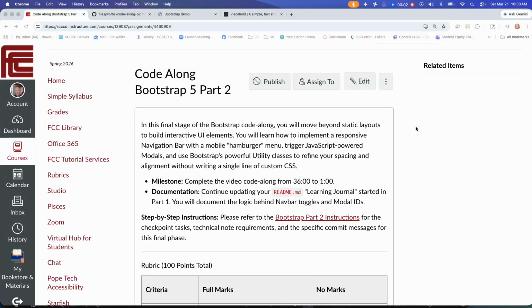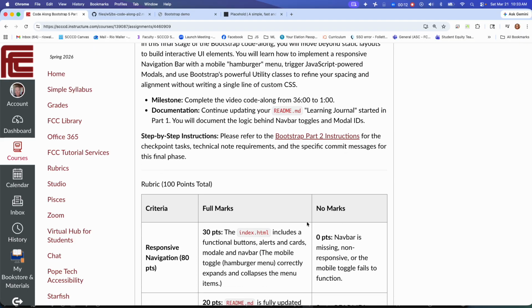Alrighty, so let's look at our part two of our Bootstrap. I just finished coding, kind of like what I did on the first one where I coded through it. I went through and modified the commits. I changed actually how much we're going to do. We're not going to do all the way to the end, although I would definitely say it's a good thing